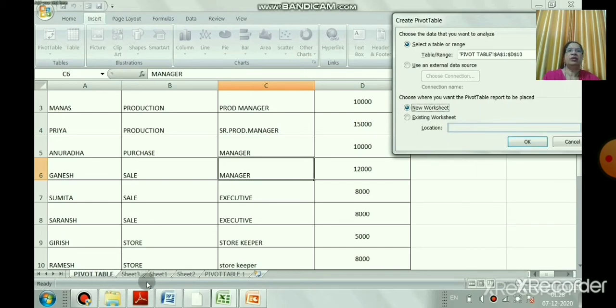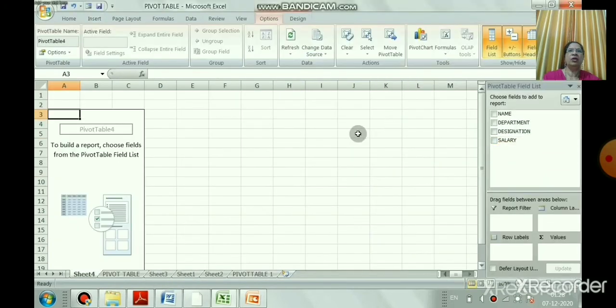Okay, but remember when you are doing the pivot table, the data should have no blank column or blank row. Can you see now the pivot table? On the right side, we have now entered the 4 columns. So can you see the name, department, designation, and salary? And at the bottom also you can see 4 areas: report filter, column, row label, and values. So it is flexible, you can drag anywhere in the field. Okay, that is the main advantage, right? In the normal table you cannot do this, but in a pivot table you can do that.